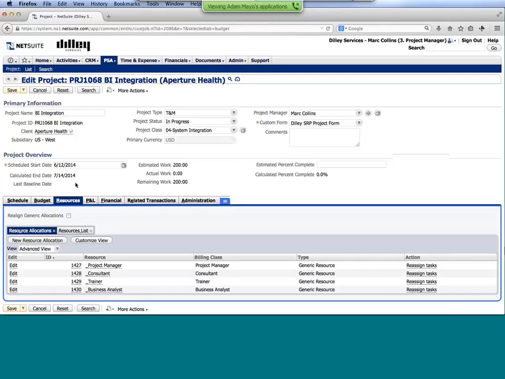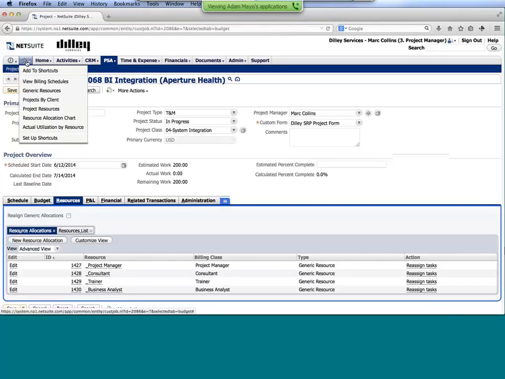And so I want to walk through a little bit of a sample flow. Again, the caveat being that there are multiple ways to do the staffing. I'm showing you the full big picture of some of the different bells and whistles. You don't necessarily need to go to this level as far as how you staff people out. But you'll notice right on the resources tab, we have a listing of generic resources. I'm going to need a project manager, a consultant, a trainer, a business analyst. Those are the generics that you saw on the overall schedule. So from here, I'm going to go in and access what we refer to as our resource allocation chart.